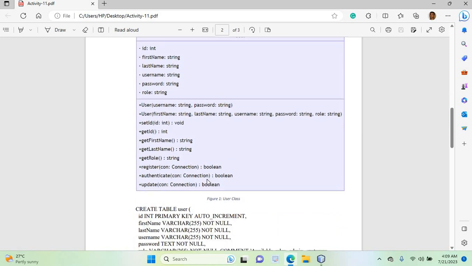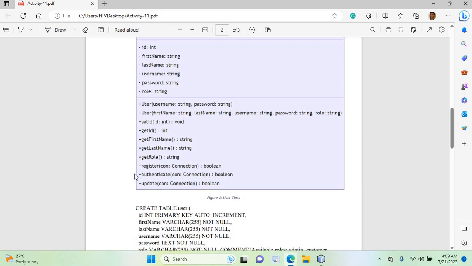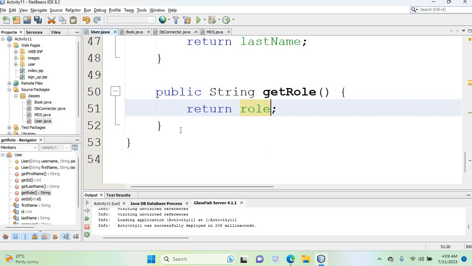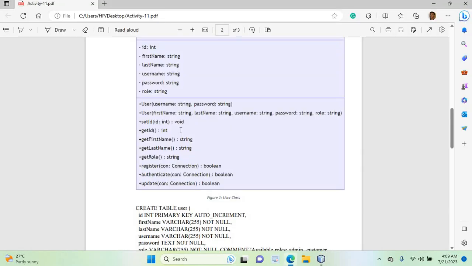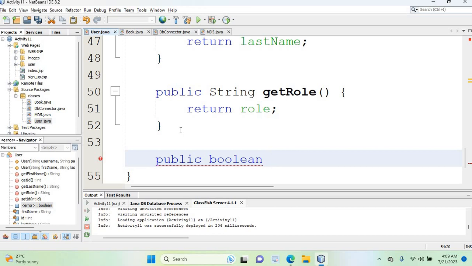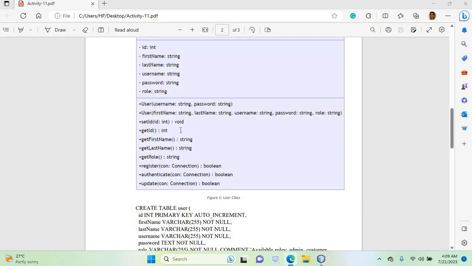Okay, other than that, so we have three methods here: register, authenticate, and update. So in this activity we need to register and authenticate, but we don't need update one, so therefore I'm not going to implement the body of the update method, but we need to implement the body of this register method and authenticate method. So we will quickly develop those methods as well. So in this case public, so it's going to send a boolean value whether this registration is success or not. So that is what we are going to send from this method, so therefore it will be a boolean, and the name is register,